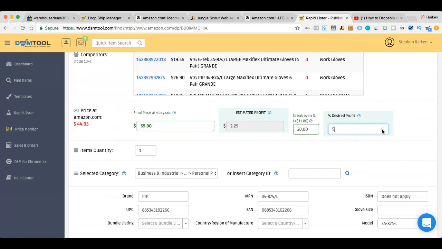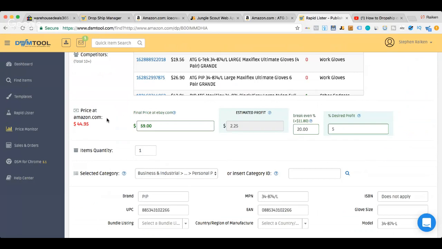I'm going to put it at 5% profit margin right now. And remember, guys, when you're buying items from maybe Home Depot or Walmart or Kmart or wherever you're sourcing from, you can use different portals like Gift Card Granny. You can buy gift cards and save like 7%, or you can go through different portals like rebate portals, Giving Assistant. You could save 3 to 4 or 5%. When you buy with a credit card, you could save 1 to 2% as well. So your profit will actually be a little higher depending upon your strategy.